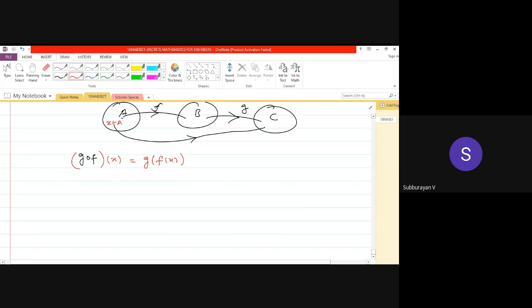Look at this, x belongs to A. It should be operated under the relation or under the function f. We cannot operate this element under the function g. Therefore, this is the correct notation for composition. Now f of x, which belongs to B, we can operate under g.